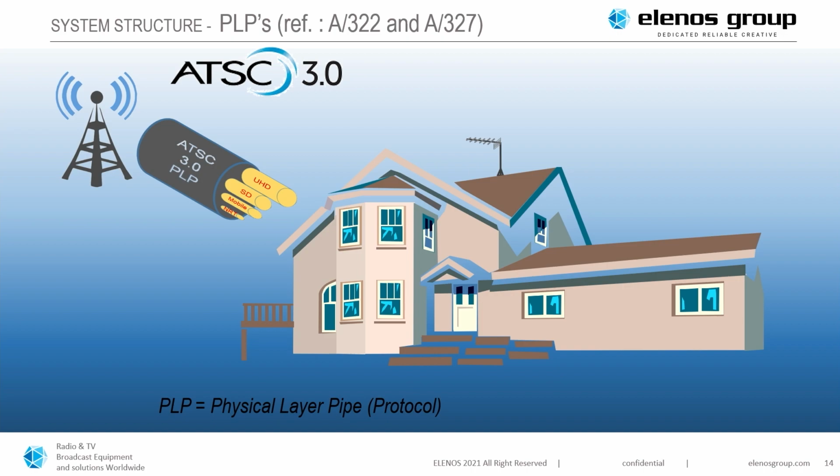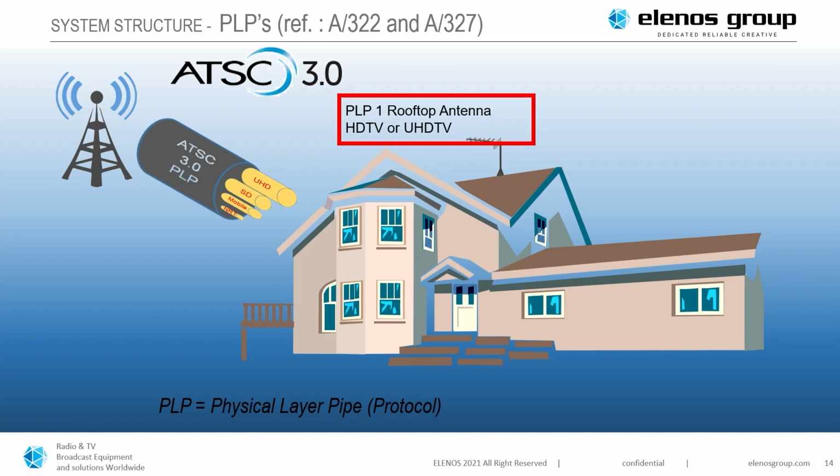ATSC 3 is totally different, and that's where the big change is. It's adjustable. It has many handles to make adjustments on what type of information is being sent, whether it's ultra-high definition, standard definition, whether it's for mobile, or whether it's for non-real time. So with the first PLP, and this is just an example, the first PLP could obviously be designed just to replace ATSC 1. You're going to target a signal straight to the rooftop,